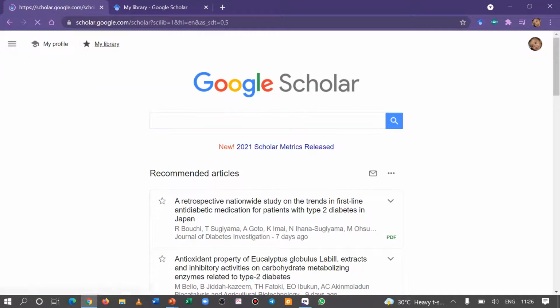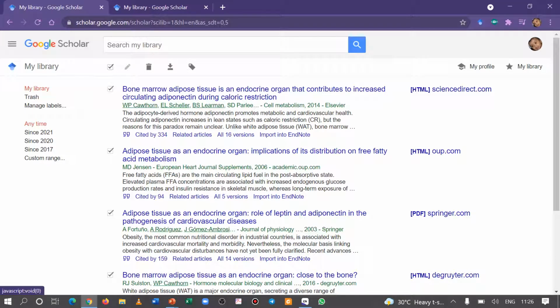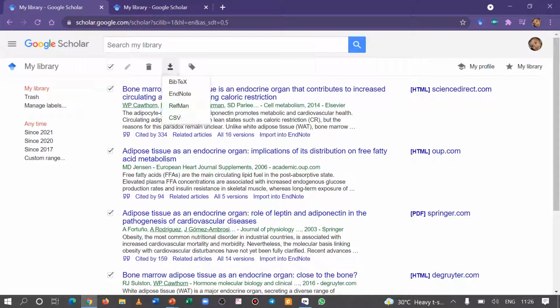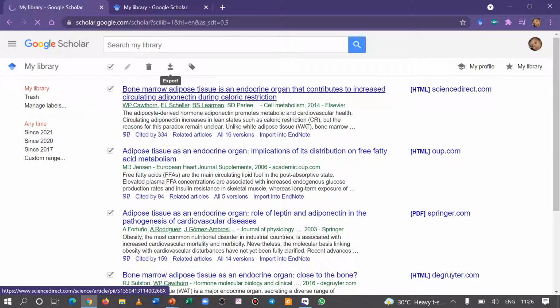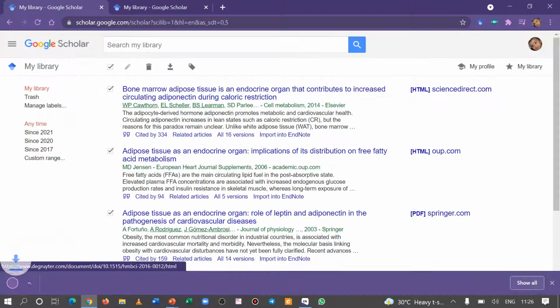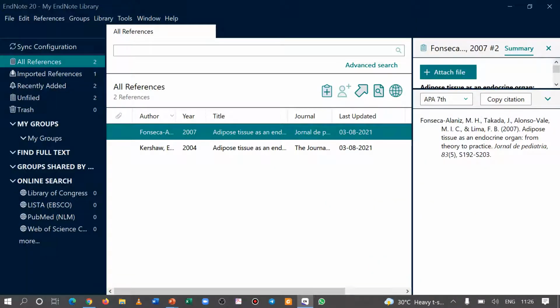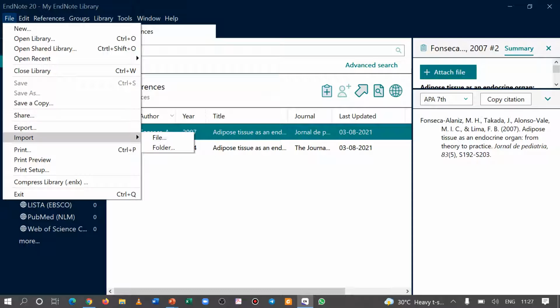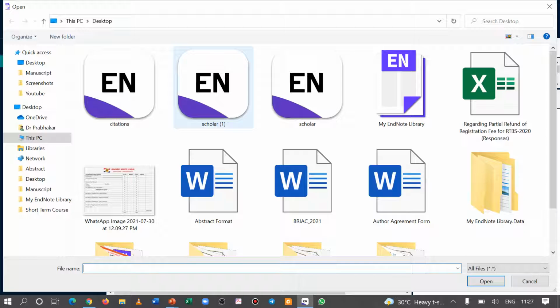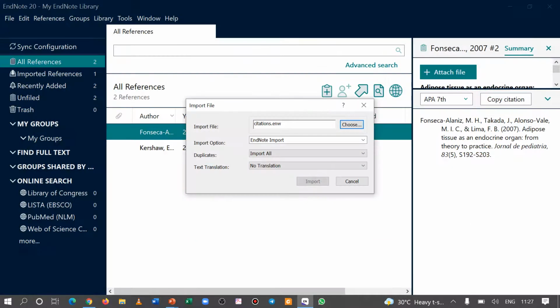So I will go to my library, then select all the 5 references at one time. I will download these 5 references in EndNote format, and then I will import the bulk file. This is citation, so I will transfer it as an import.